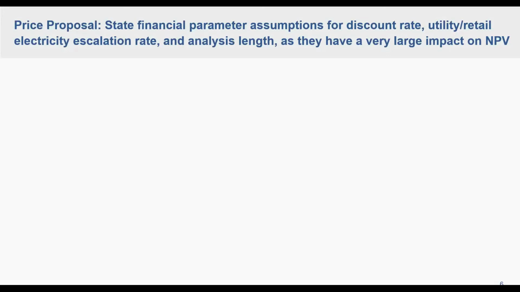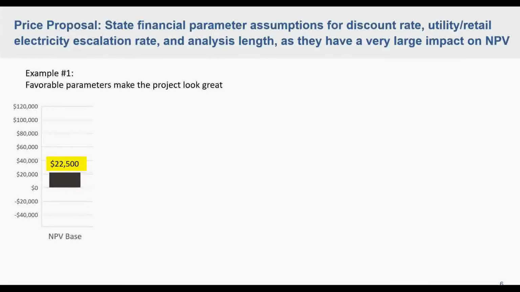So I have a quick example that will be a refresher for some of you that were in the on-site solar cohort webinar back in February, but for some of you, this might be new. So this is one example where if you don't state the financial parameters, the developer might make the project look really good. So let's say that the base